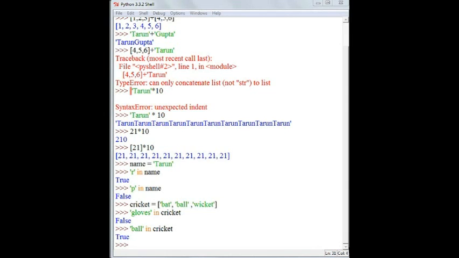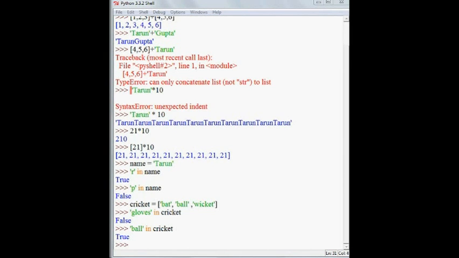The first function I want to talk about is the length function. It pretty much gets the length of anything, for all the elements in your list or sequence. So let me make a list.